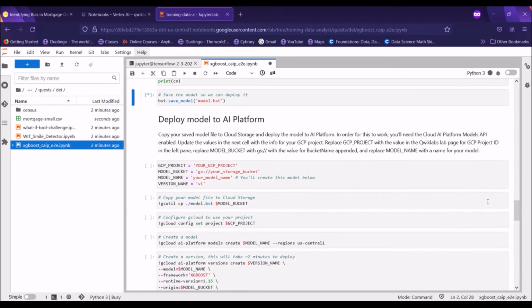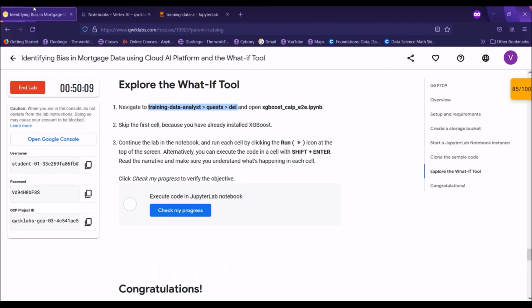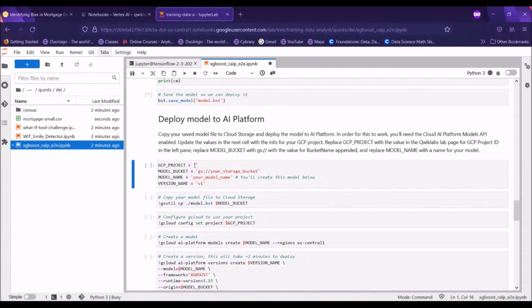So here in this section you can see Deploy model to AI Platform. You will have to change some values. Instead, paste your GCP project ID here.